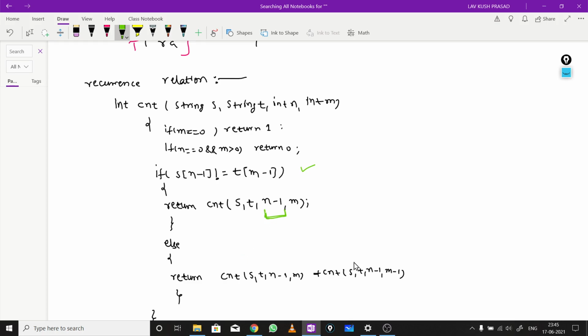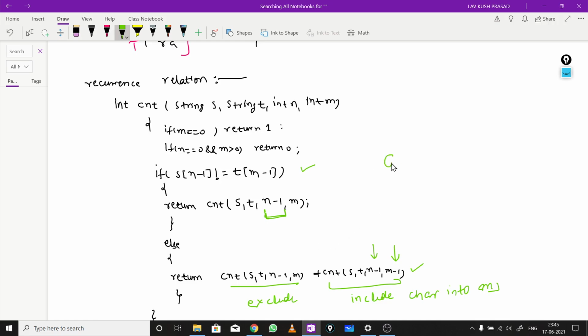And in the else condition, we have both ways. In the first way, if we include that character in the answer, we decrement both values, n minus 1 and m minus 1. And if we exclude that character, in this case we decrement only the value of n.